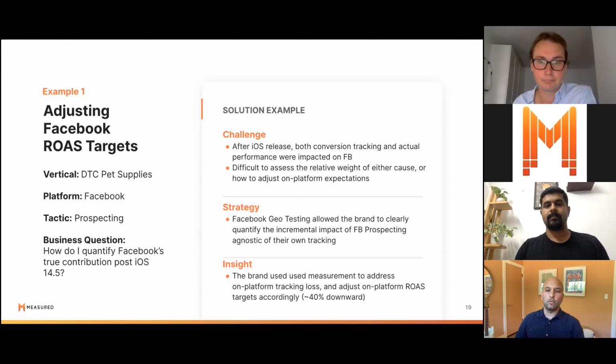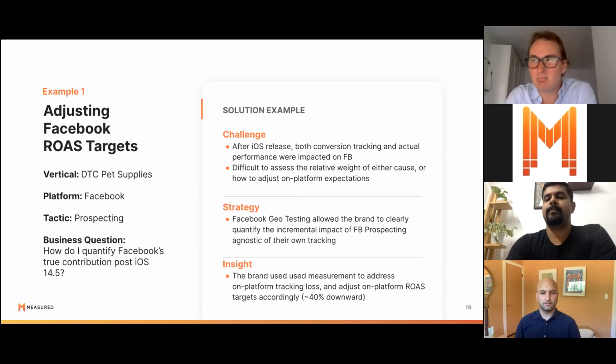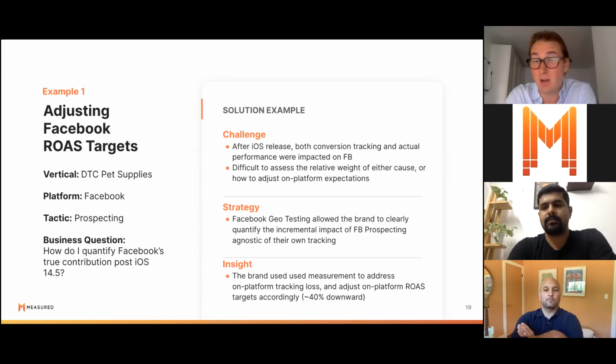Awesome. Great. Thanks. So what ended up happening with that type of test? And are these common insights that we would tend to see? So this would be very, very common. So let's say that after iOS released, we saw about, on average, a 40% conversion loss on Facebook Ads Manager. If we are comparing likewise windows, so if we're comparing a 7.1 window to a 7.1 window, we saw about 40% to 50% of the conversions go away. But again, we still want to give Facebook credit for places they're driving sales, but we want to make sure that we're adjudicating them fairly and that we're correctly measuring any other performance loss they might have had.